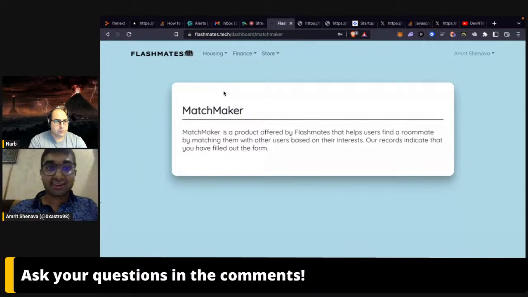It's just that I'm using React. Lots of limitations there, but in next year's version I think it can be much better. So what Matchmaker does is basically a way through which you can, let's say, you are just looking for housing in general. You don't want to go through the listing, but you want to let the system know, hey, I'm looking for housing. So there's a form you have to fill. I have filled it out. So basically you can register your interest, saying that, hey, I am looking for housing.